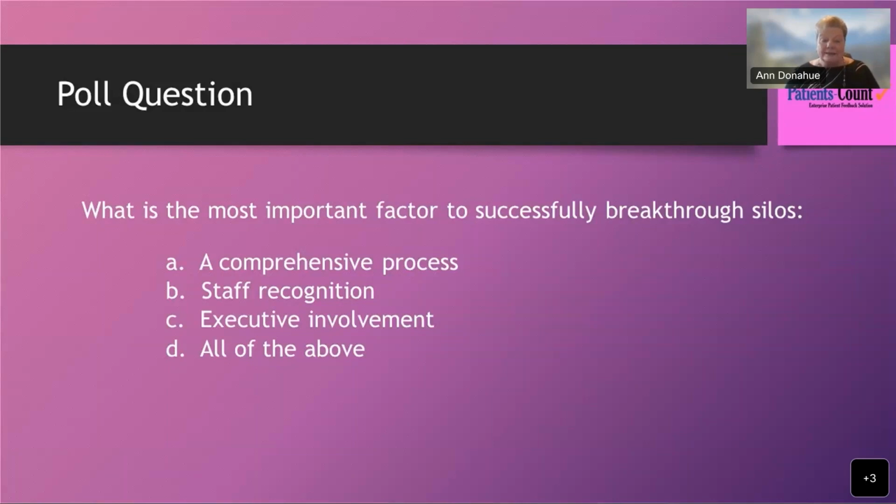And that is, they have to call the guest to find out, if we didn't have verbatims that explain why they rated us low, what the problem was. And then in that report that they give weekly, they also have to give an action plan of how they're going to keep this from happening in the future. For instance, if it was an individual that neglected something or caused an issue for a guest, then they're going to have to go through some additional training.